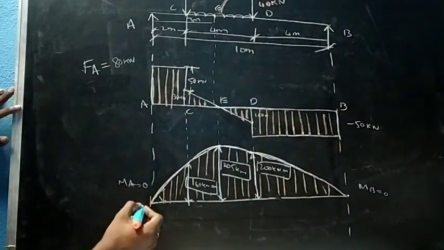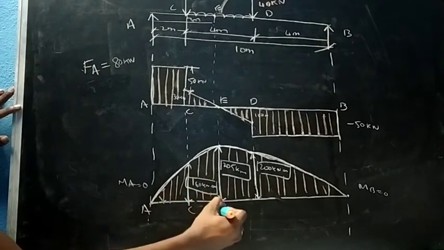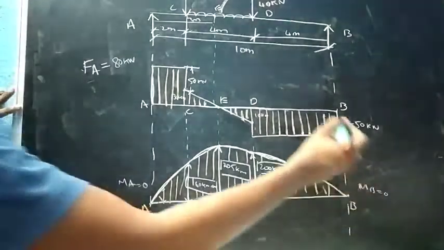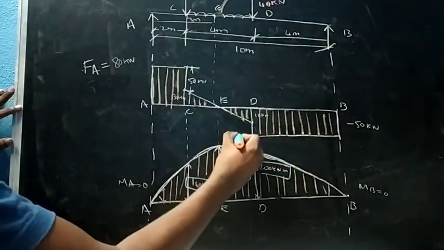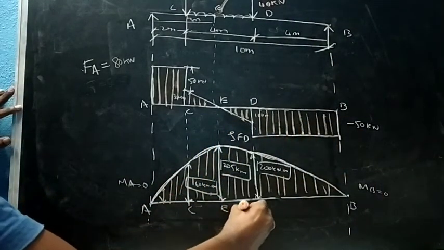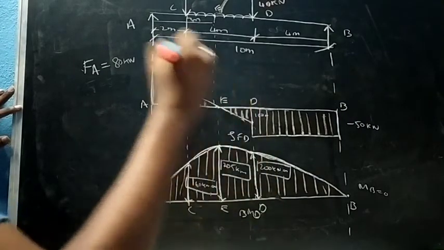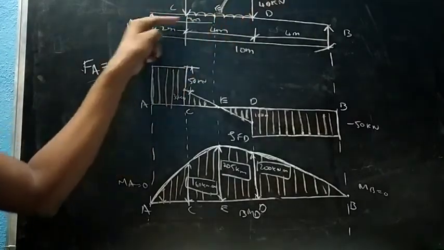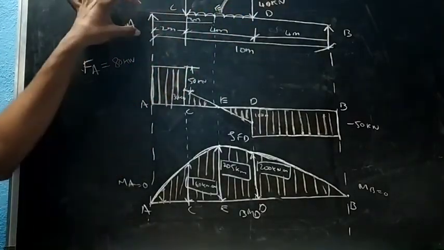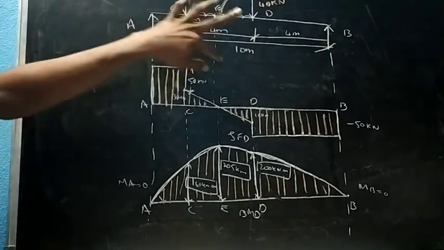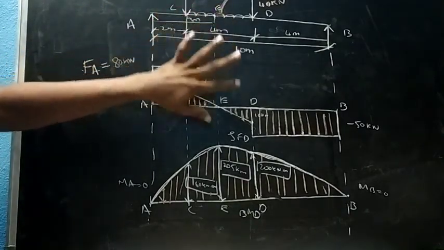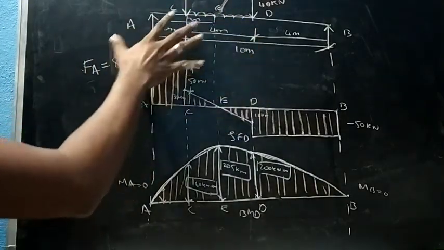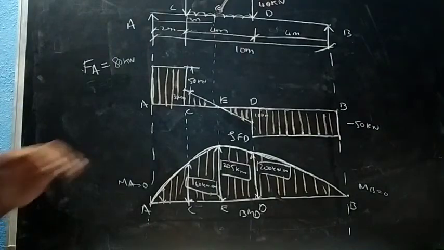Right? Give the names, that is A, C, that is maximum bending moment at E, D and B. So give the names, this is the shear force diagram and bending moment diagram. So this is how you can draw when a uniformly distributed load and point load are acting on a simply supported beam. Both combined together, we did a problem, that is point load and uniformly distributed load on a simply supported beam. So that's it for today's class.